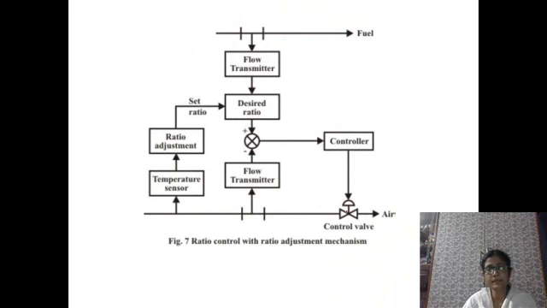This is for a fuel air mixture system. So the air temperature is also measured, then the ratio is maintained. A ratio adjuster was there, then this is compared with the set value, and accordingly,